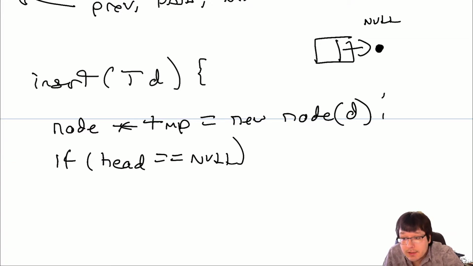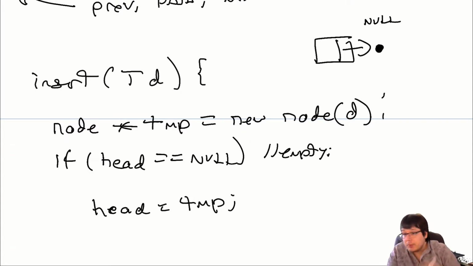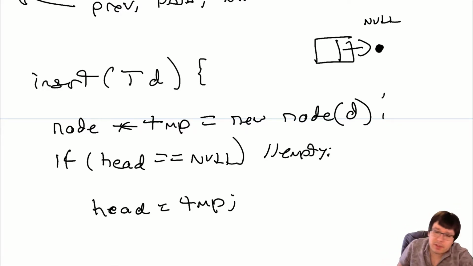Then that's a sign that your list is empty. Okay, in that case, that just makes our life easy because all we've got to do is set the head to be equal to the new node that we made, which is called temp. And we're done. Actually, no, we're not done, because